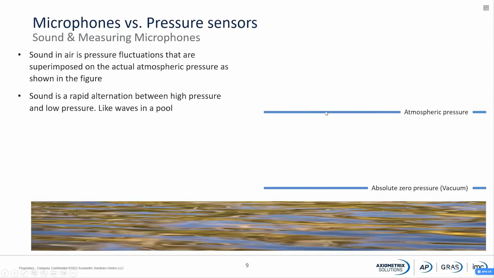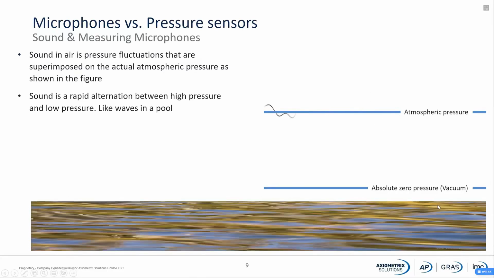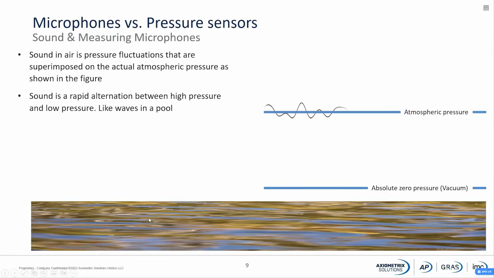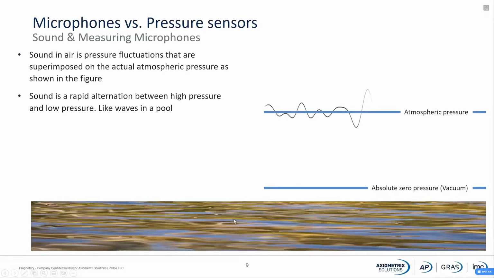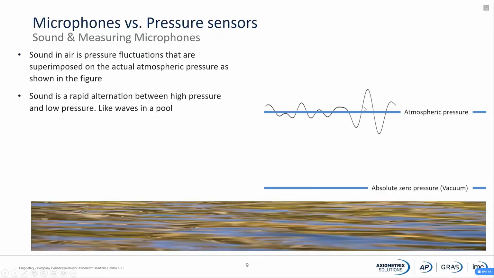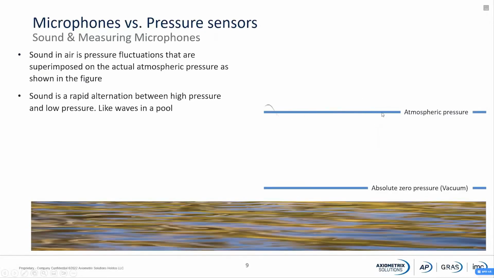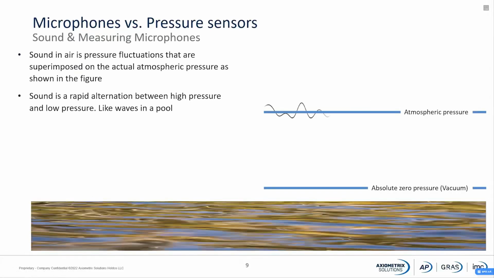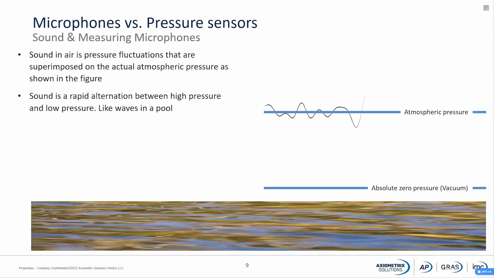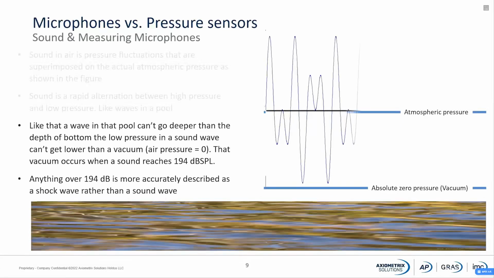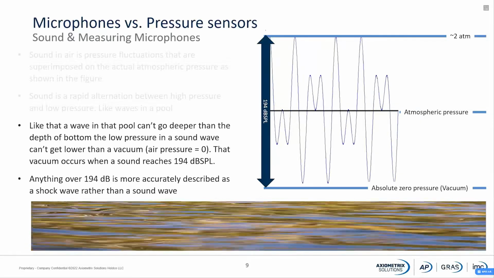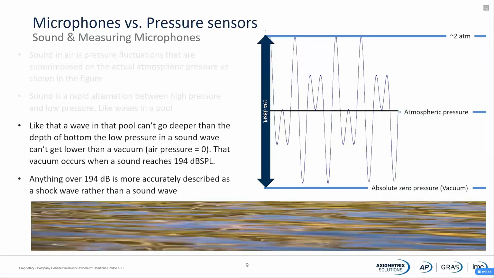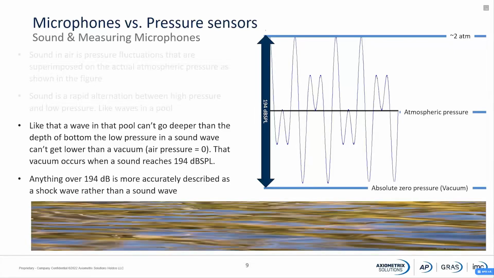And this is very much the same as you see on this swimming pool, where you see the waves. And these waves are very similar to a sound wave on top of the atmospheric pressure. So you have a small variation in the pressure around the atmospheric pressure. So if I'm now taking this signal and enlarging it, saying, what is the maximum sound level